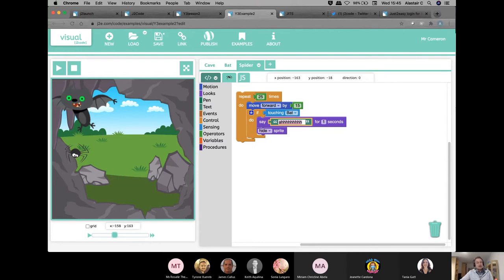So in other words, what's happening here is the bat is chasing the spider and will eat the spider, at which point the spider goes, ah! Let's play and see what happens. There we go. Bat eats the spider and it disappears. And you see the toggles of all of these things moving in sequence.